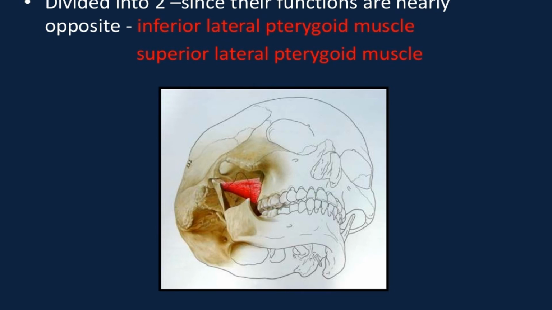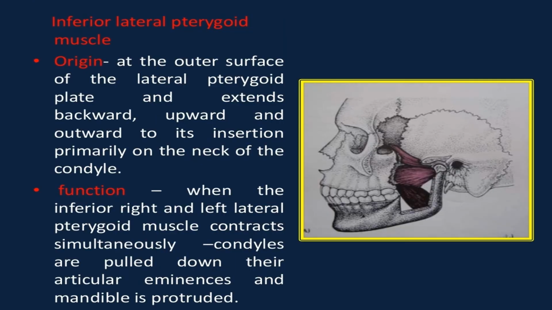75. Lateral pterygoid muscle: divided into two since their functions are nearly opposite: inferior lateral pterygoid muscle, superior lateral pterygoid muscle. 76. Inferior lateral pterygoid muscle origin at the outer surface of the lateral pterygoid plate and extends backward, upward, and outward to its insertion primarily on the neck of the condyle. Function: when the inferior right and left lateral pterygoid muscles contract simultaneously, condyles are pulled down their articular eminences and